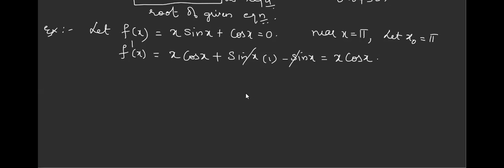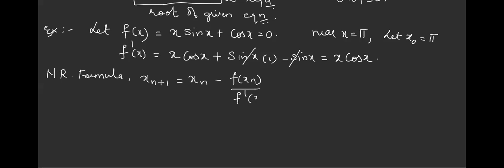Okay, now write the iterative formula. So the Newton-Raphson iterative formula is xn plus 1 equal to xn minus f of xn divided by f dash of xn. Always write the general format. What are the values n starts from? 0, 1, 2, 3 and so on. Okay, now put n equal to 0. So we'll get the first approximation. Tell me the formula for x1.